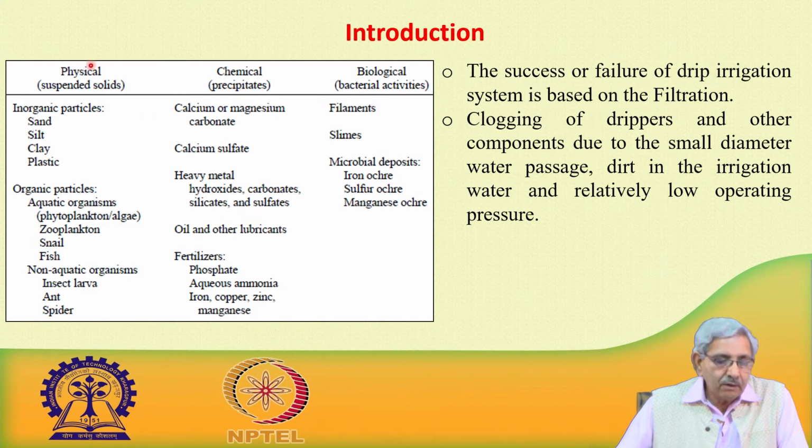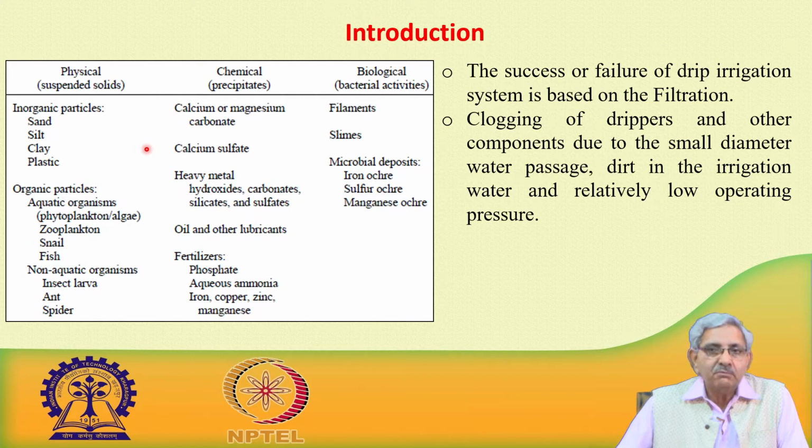Physical components could be inorganic particles, organic particles or non-aquatic organisms. Inorganic particles can be sand, silt, clay, plastic, which is flowing along with irrigation water